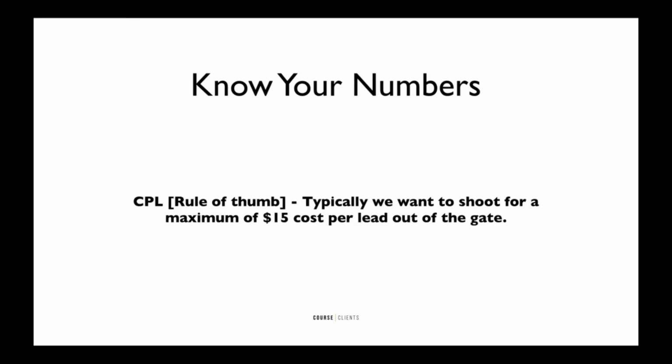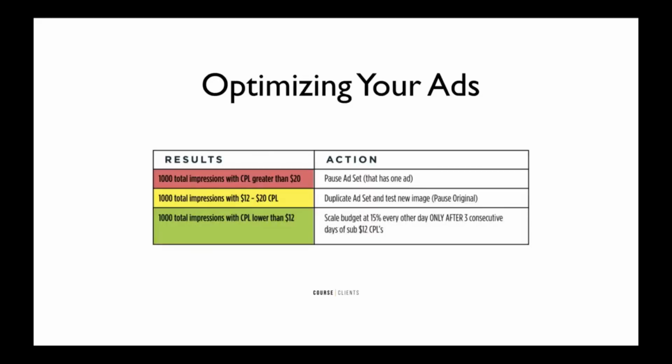However, at a high level, we typically want to get a sub $15 cost per lead when we're starting. Anything higher than that, we can consider optimizing or deleting. Anything lower than that, we want to continue to refine and then eventually scale. So what does that look like? Or, if you're looking for just a turnkey sort of guide for when to optimize or when to take action,